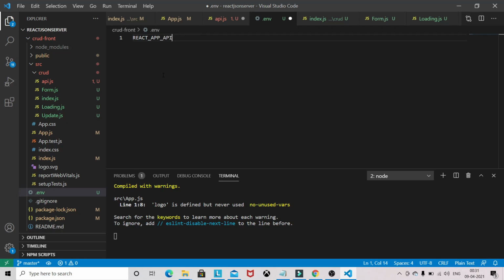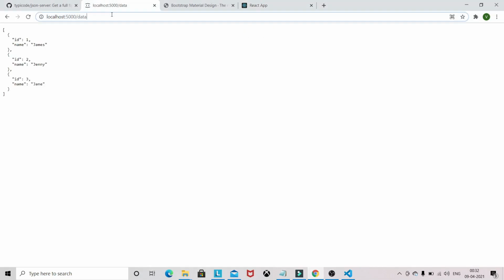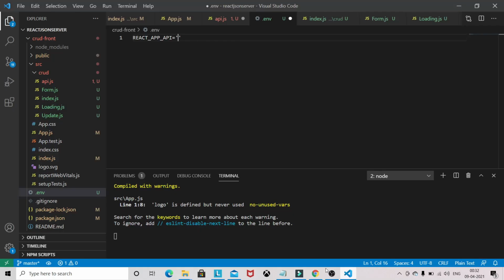So I will give REACT_APP_API, and I will paste that URL, so that we don't have to write this whole URL every time. We can access it using the environment variable.